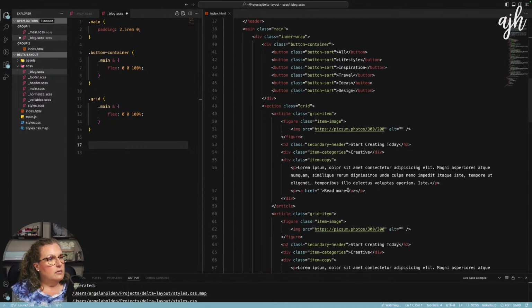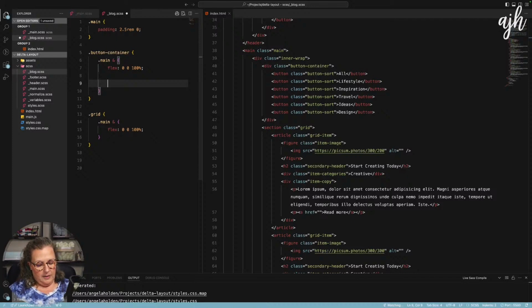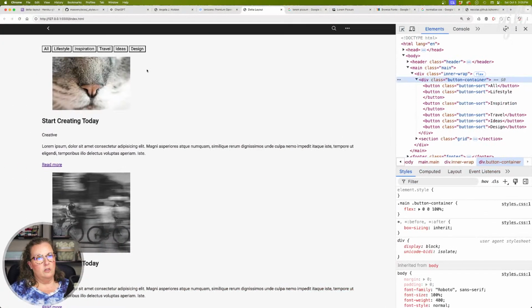And then, okay, button container. So we want our buttons, button sort. We want these to have